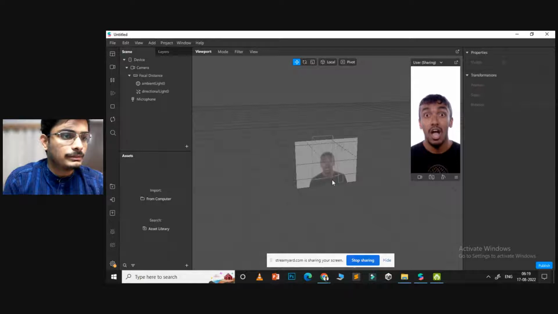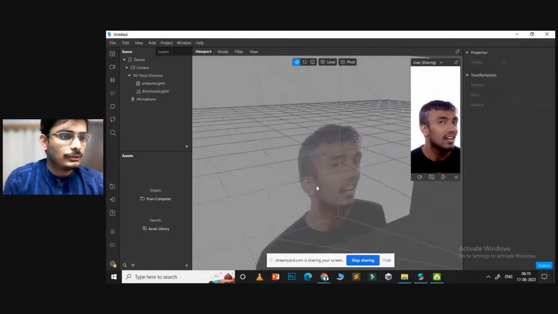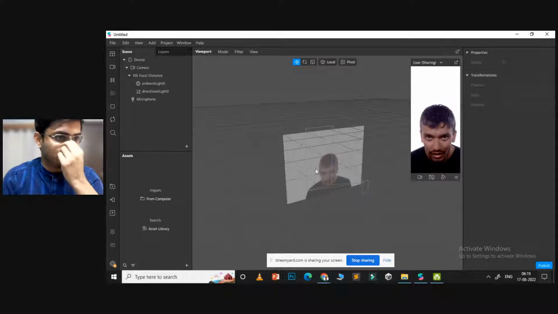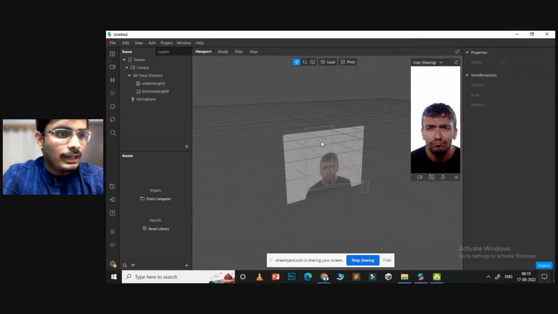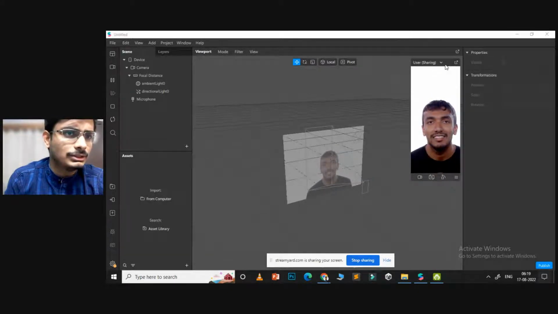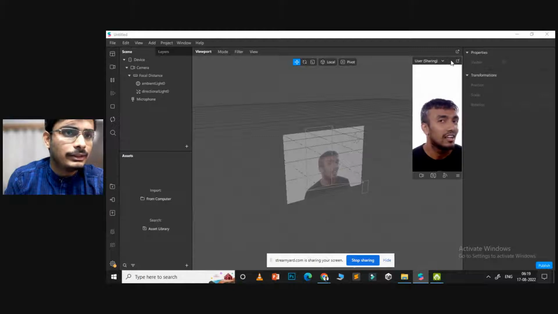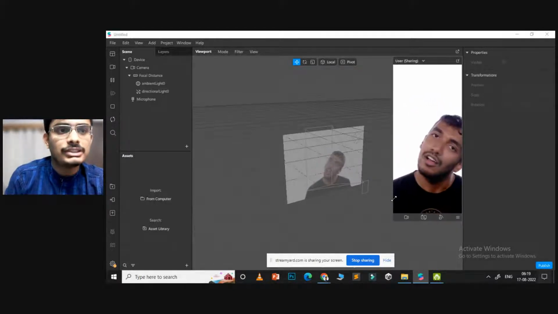You can use the mouse to zoom in. If you scroll, you can scroll down to zoom into the AR effect. So this is the 3D world where everything will be, which you'll arrange and play along with. Inside this, we can see the user's view. This will be the view that the user will be seeing when he or she is using the AR